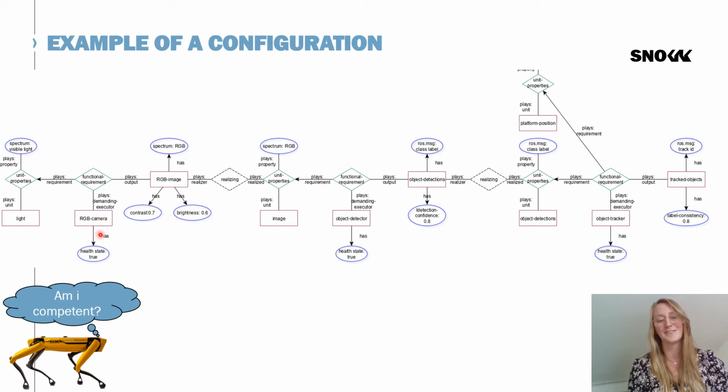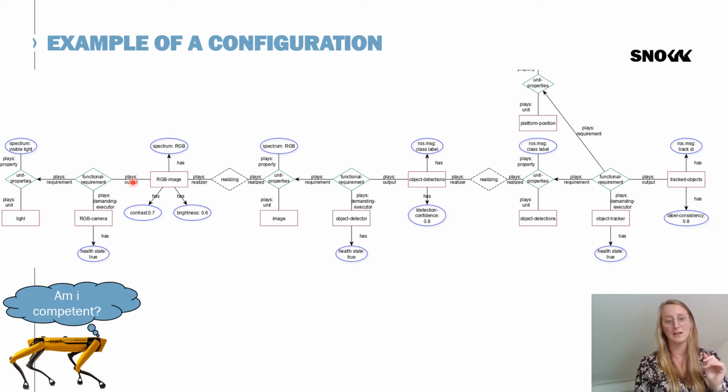And in turn, the RGB camera needs light. So this is a chain starting from the input of the first sensors to an output Spot can give, for example, when it needs to track objects in a villa. As they are all linked together via this realizing relation, since the input and the outputs of these different